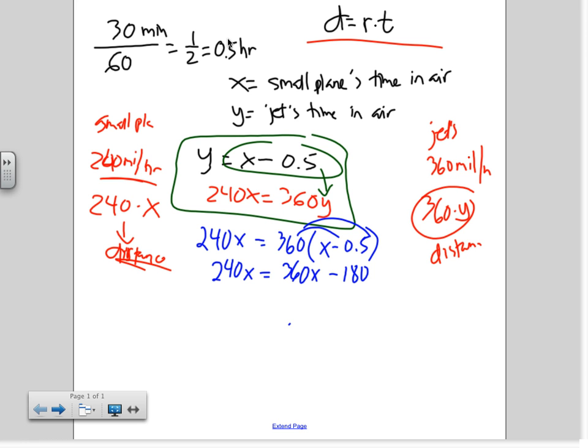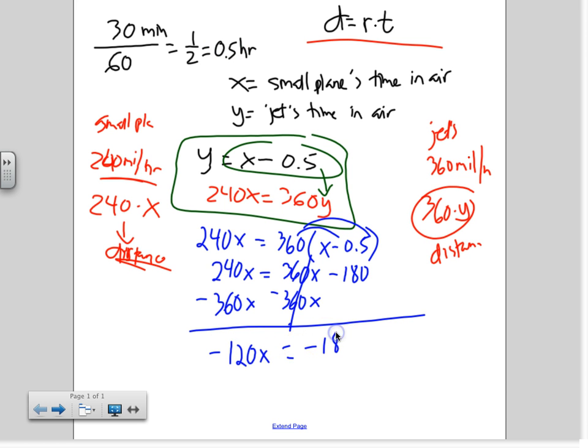Subtract 360x over, because we want to put all the x's on one side, right? See that? So this is gone. What's 240x minus 360x? Negative 120. Negative 120x equals negative 180. So we divide both sides by negative 120. x is